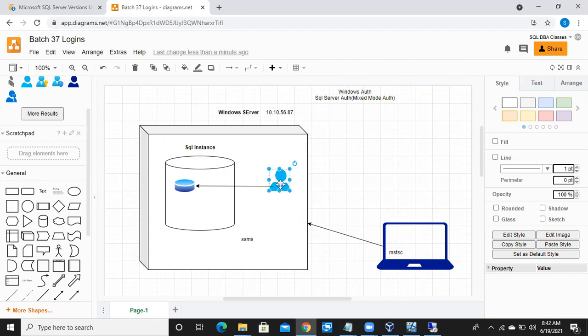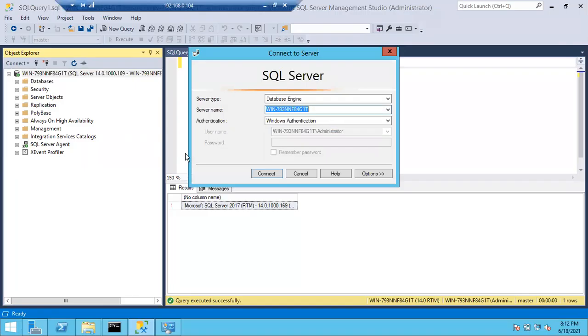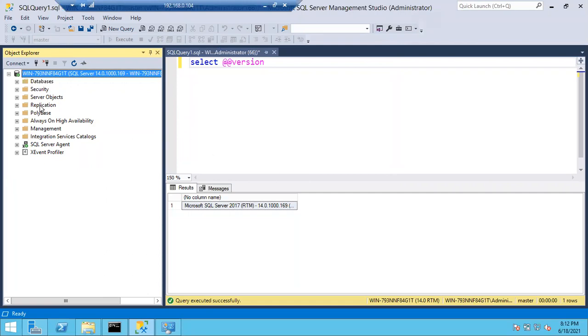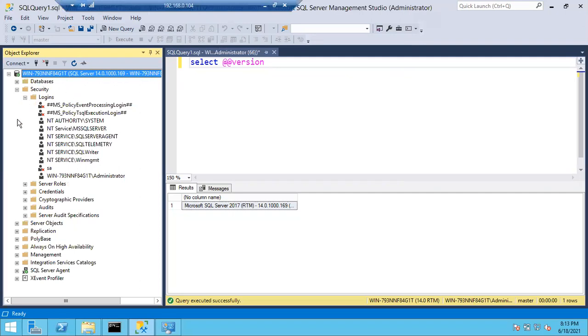Once you have entered into the server, based on the authentication, every SQL server has a logins list: who can log in to my SQL server? If you expand security and see the logins, only those in the logins list can connect to my SQL server. Not all people. Don't think that everyone who can access the Windows server can connect to the SQL server. This was explained during the installation: there is an add current user option or add option, where you mention those who are going to access the SQL server.